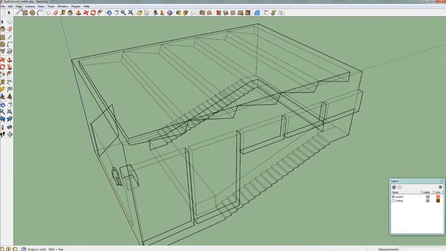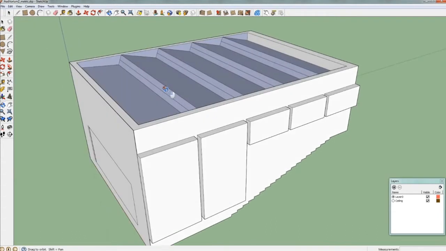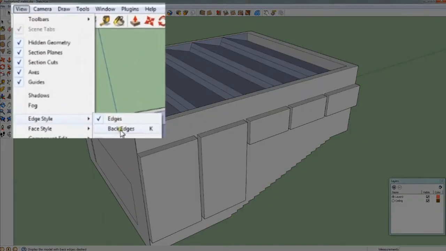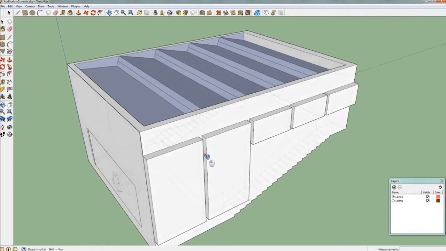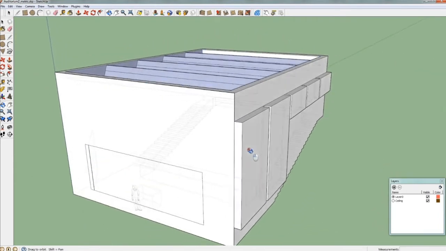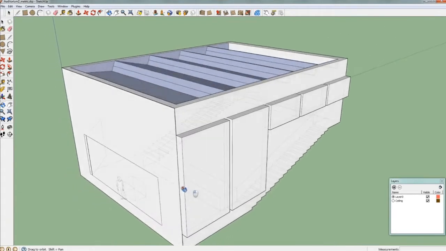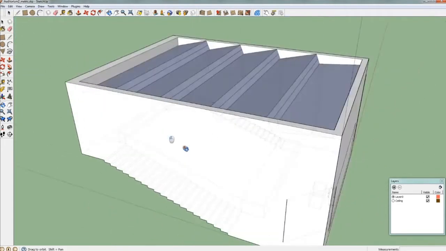And then if this looks quite complicated and confusing, you can go back to Shaded and you can activate the back edges by going to Edge Style, Back Edges, and that brings a quite informative view where you can see all the hidden geometry represented by light dashed lines, and I think this is quite convenient.